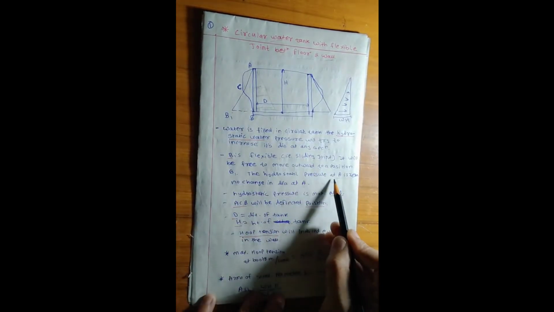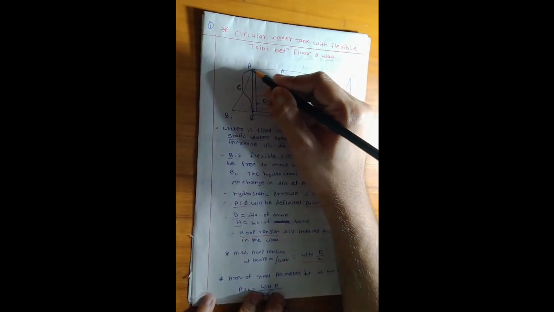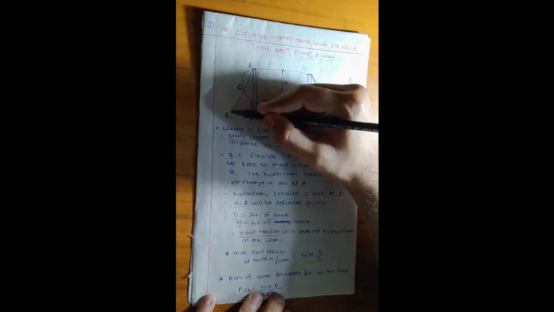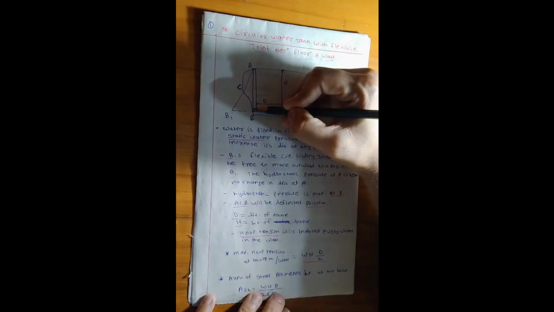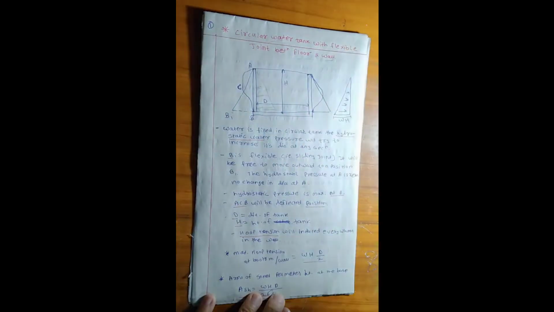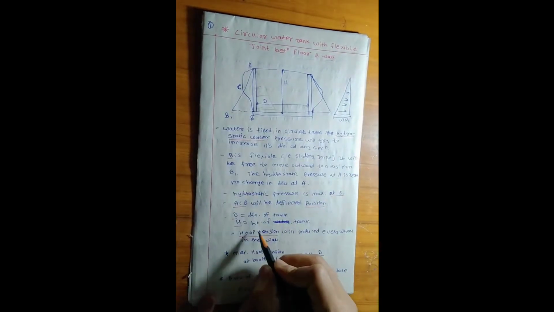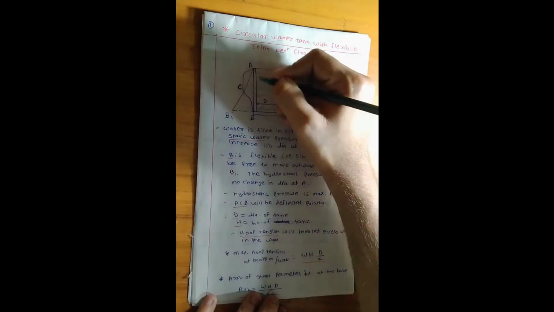The hydrostatic pressure at A is 0, so there is no change in direction at the position of A. This position A is fixed. Due to hydrostatic pressure, B has the maximum displacement, and C is the deflection of the ACB due to hydrostatic pressure. Let's assume D is the diameter of the water tank and H is the height of the tank. Hoop tension will be induced at every section of the wall.